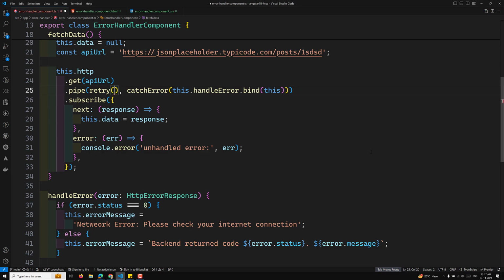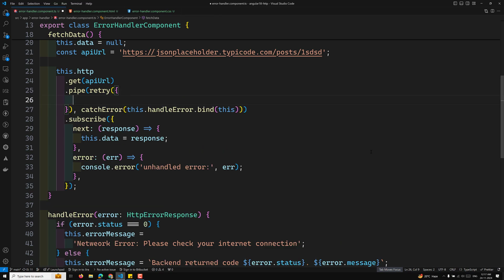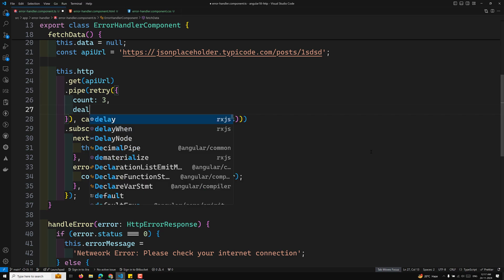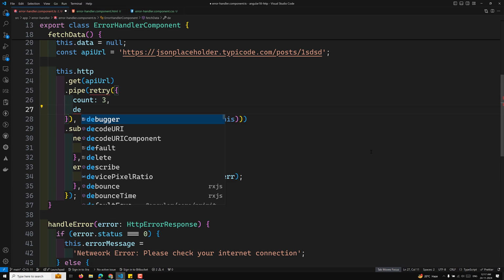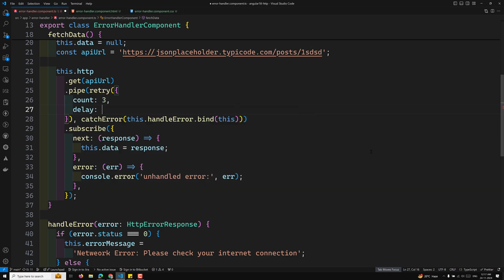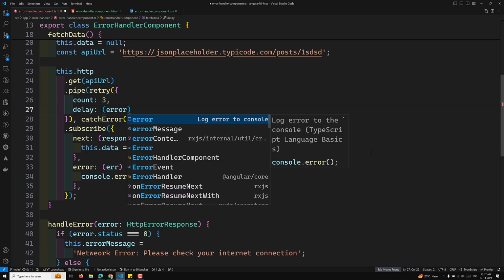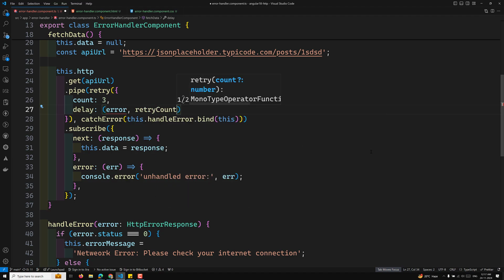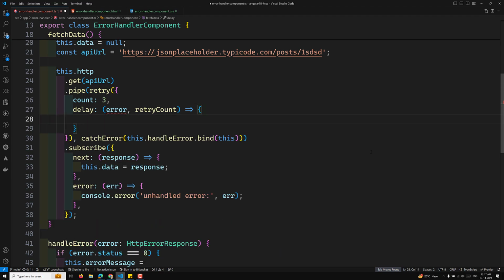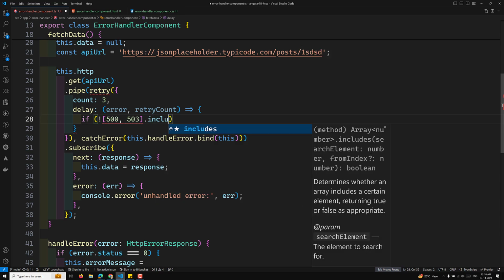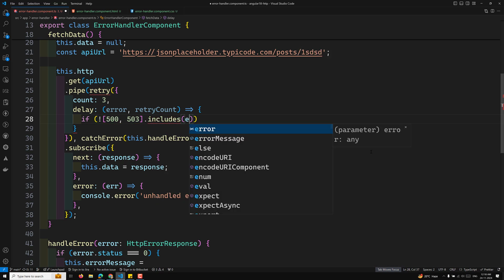Yeah. So here you can use the retry concept in such a way that I can elaborate it to count 3 times, and I will need to keep a delay. Here you will get a delay option, and this delay takes a function that receives 2 arguments: the error and also the retry count, meaning how many times you are trying. And here, if not of, okay, if not of 500, 503 or anything, so if you don't have these values, means includes in the error.status,